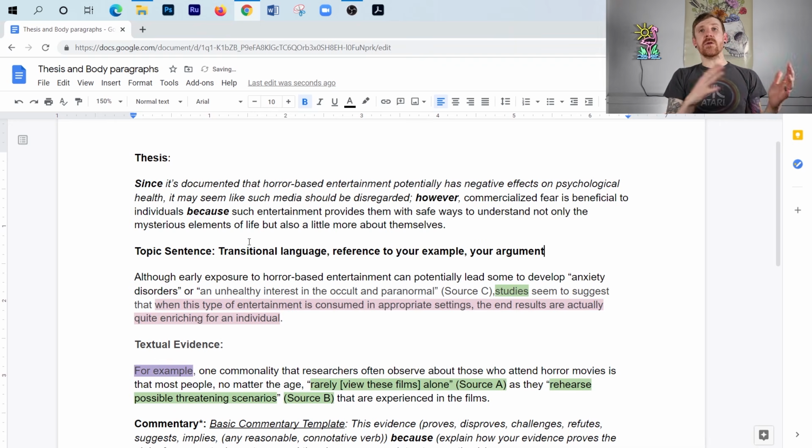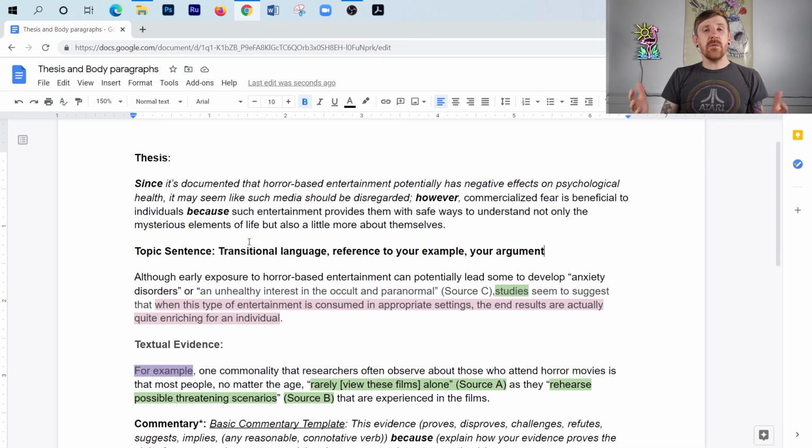And it doesn't matter what order those go in as long as it makes sense, okay? Your topic sentence does not have to have a counter argument. Your argument doesn't have to have a counter argument. If you have questions about counter arguments, by the way, you can check out this video up here, which talks about when you should and should not include counter arguments in your arguments that you write.